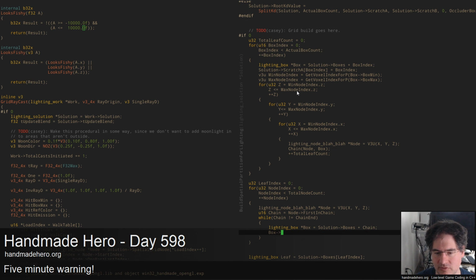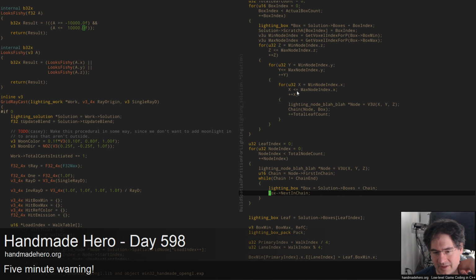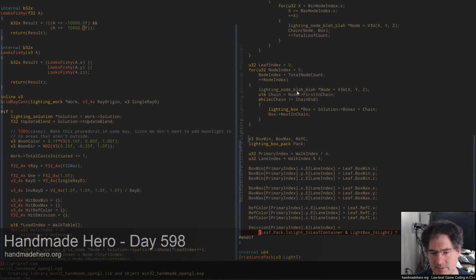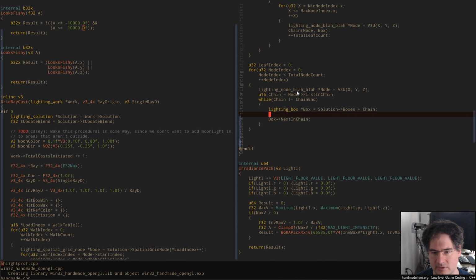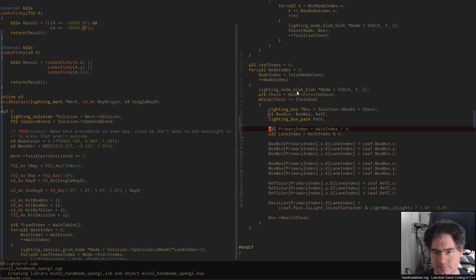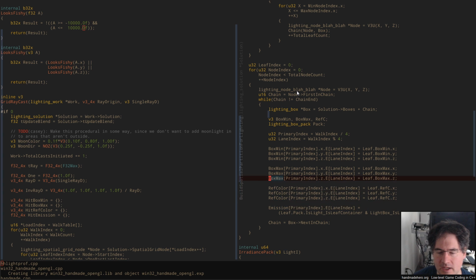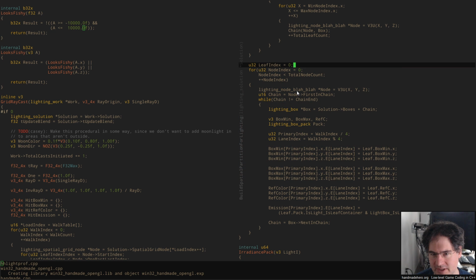And once we get that, we can do like next in chain as a thing that we would chain off the boxes. So for each of those, this is where we actually do the work. Once we know that this thing is going to be packed, we would pack it here. And when we do the packing, we're packing into this thing. So we would need a pointer basically that tells us where we're packing, how we're packing, right? And we need this to be